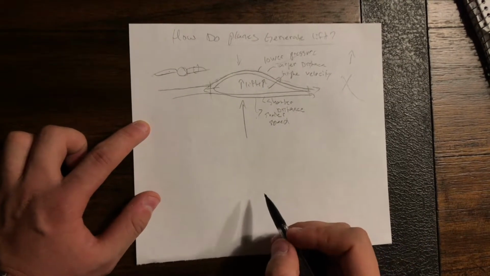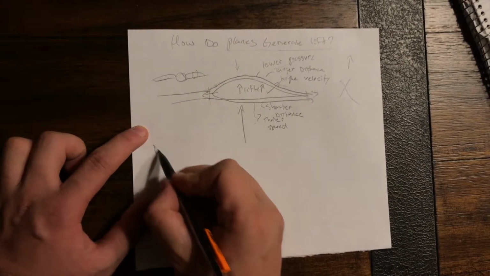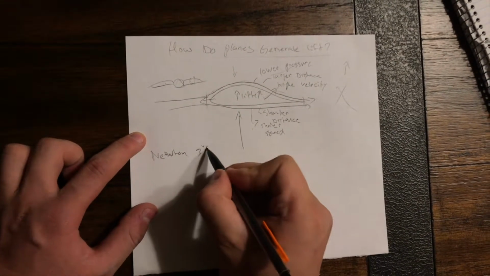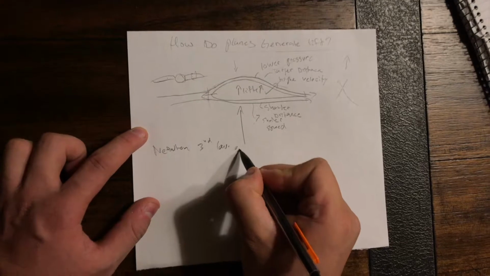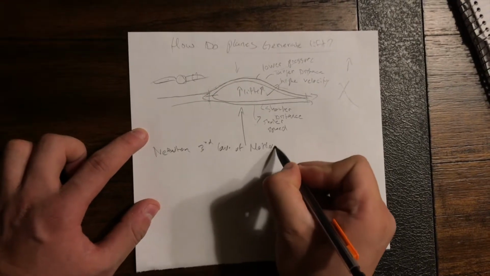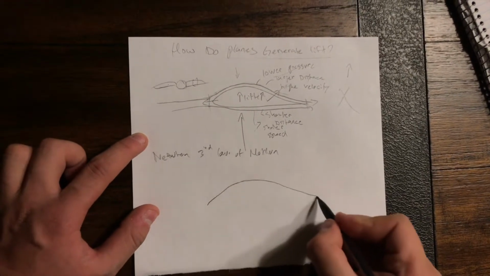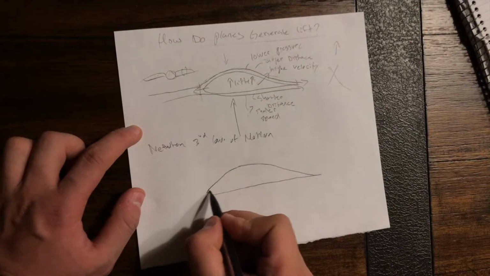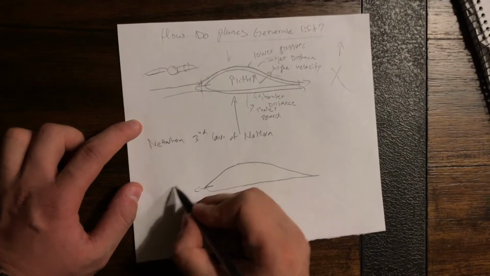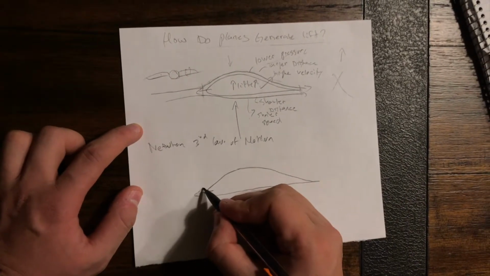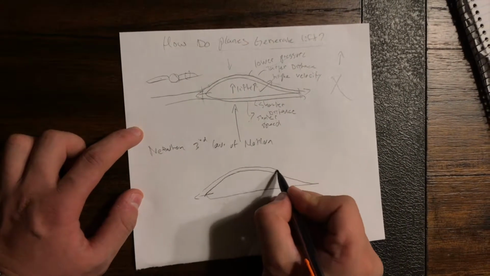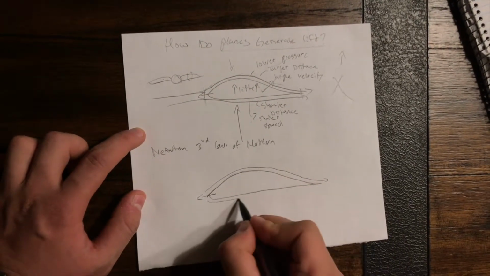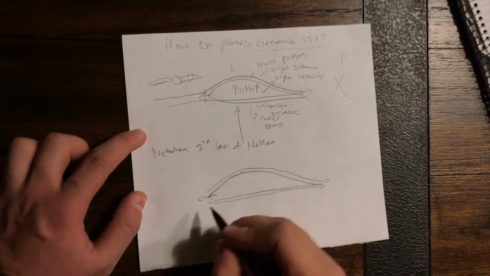So what really is happening is we have to include Newton's third law of motion. If we draw the wing one more time, we can see now as the wind is moving this way, we can ask ourselves, why is the path of the particles staying onto the surface of it, as seen here? And this is because